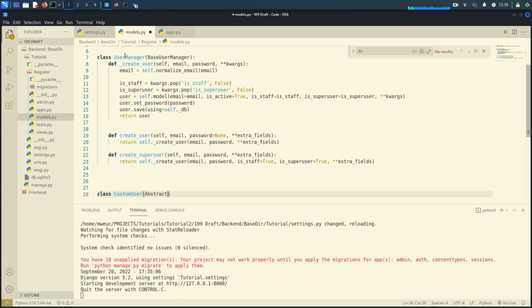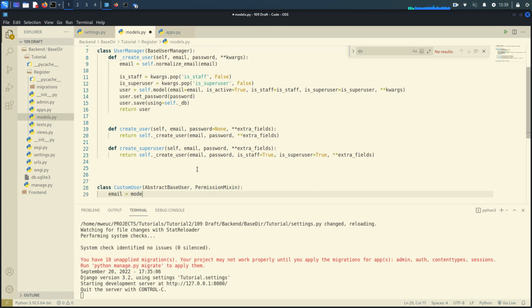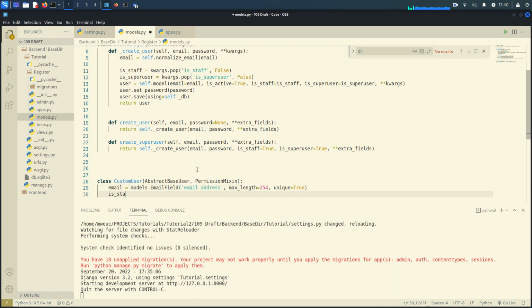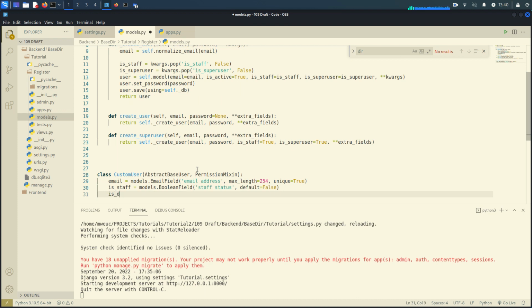AbstractBaseUser, PermissionsMixin. email is equal to models.EmailField, email address, max_length 256, unique. is_staff, models.BooleanField, staff status, default is False. is_active,